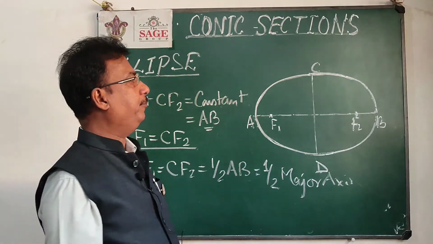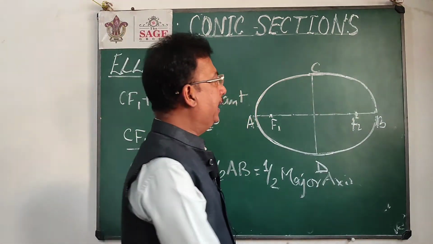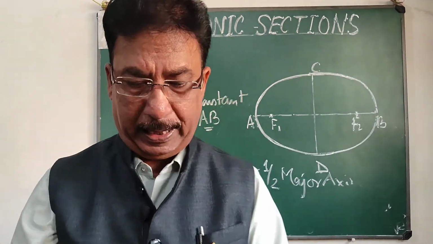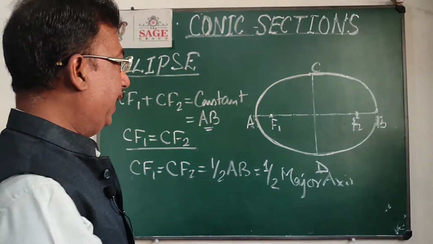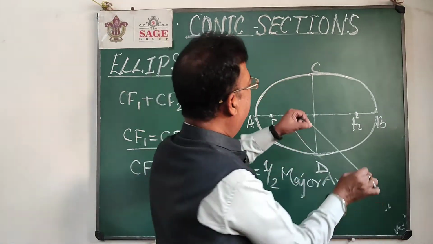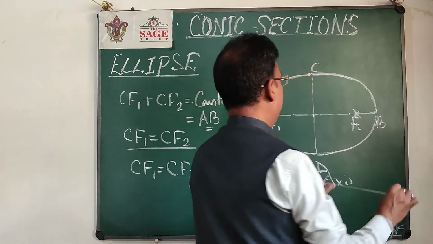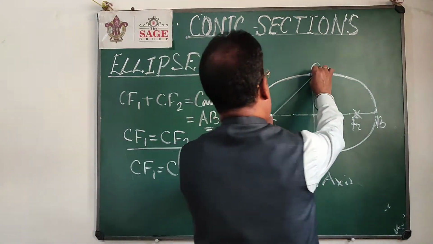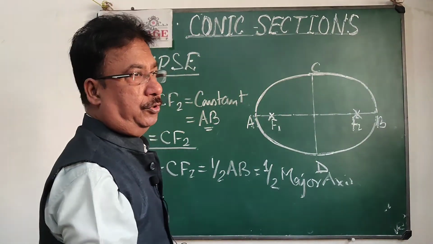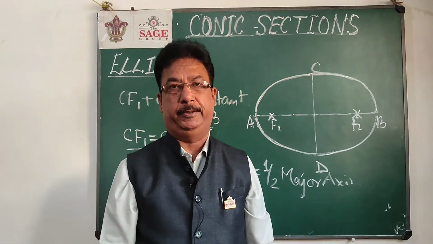So if in any given problem I have major axis AB and minor axis CD, then I can easily find the foci F1 and F2. I will pick half AB, and from C, if I cut on the major axis with this half AB, that point will be F1. You can also check this from the other end, that is D. In the same way this will be F2. So this is one of the concepts of the ellipse, how an ellipse can be generated by a moving point.